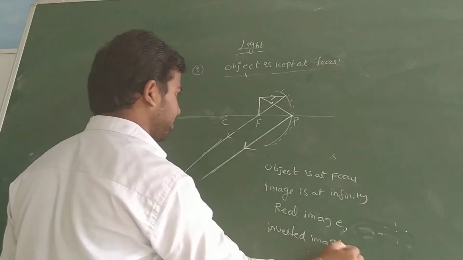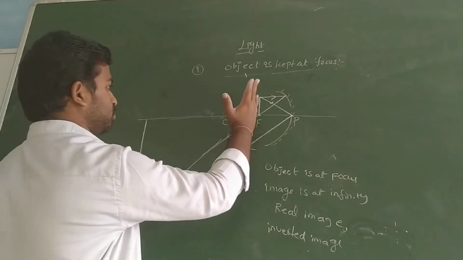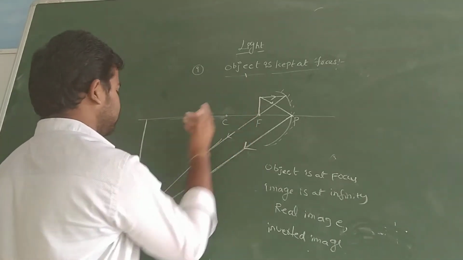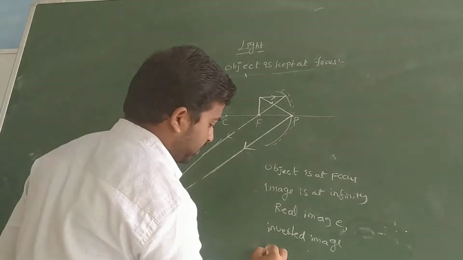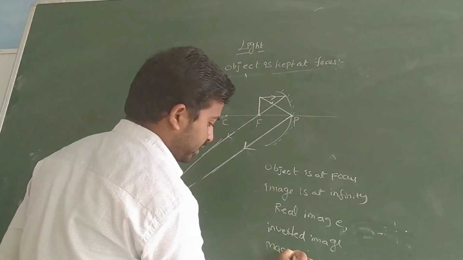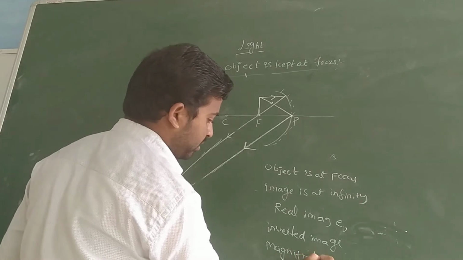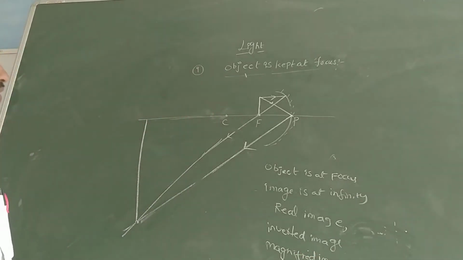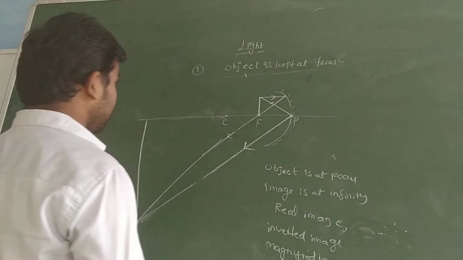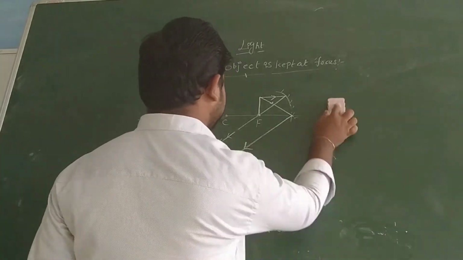And it is a magnified image also. See, it is actually the object size, but this is the image size. Then it is a magnified image also. So it is the second case. First we discussed object is at infinity. Second is object is at focus. So third one is